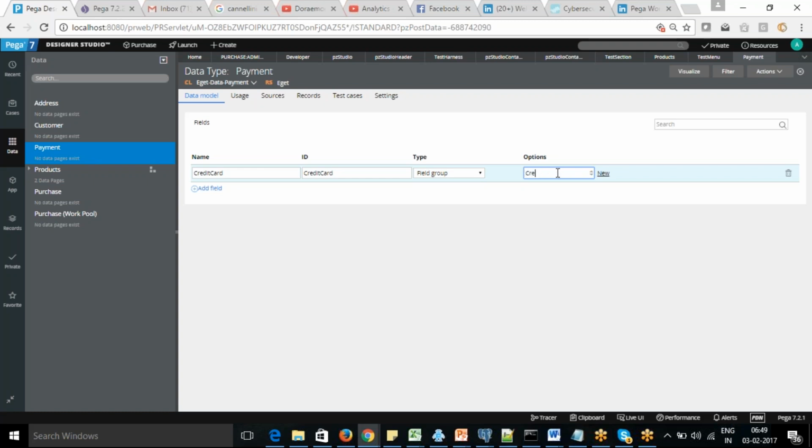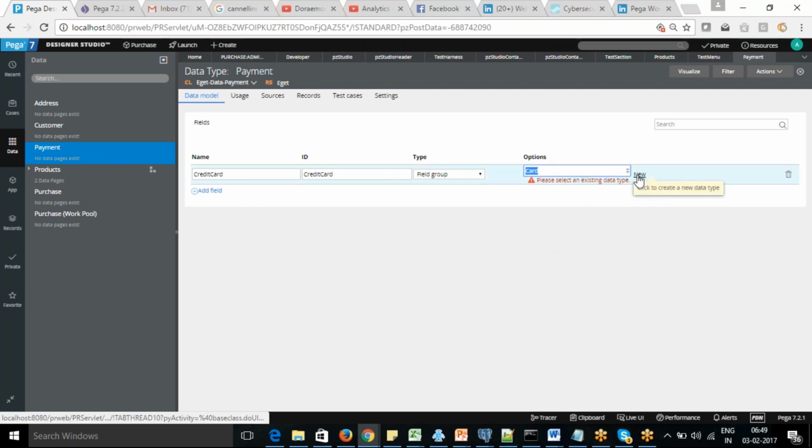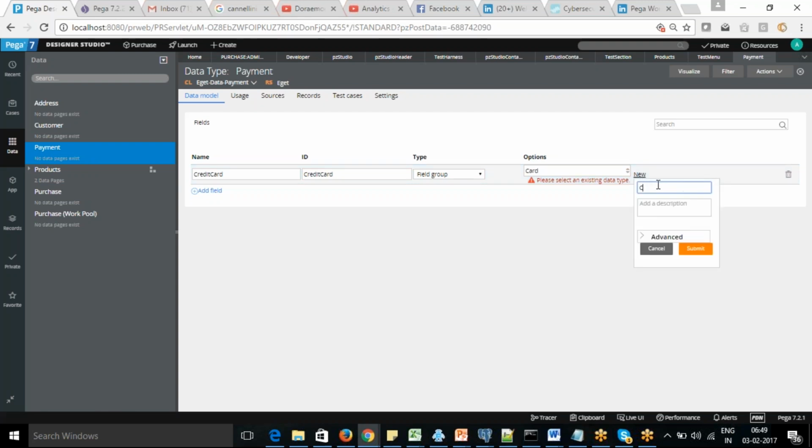I think I can just use a card, since the card will be the same for a debit card as well. So I'm going to create a new data type as a card.